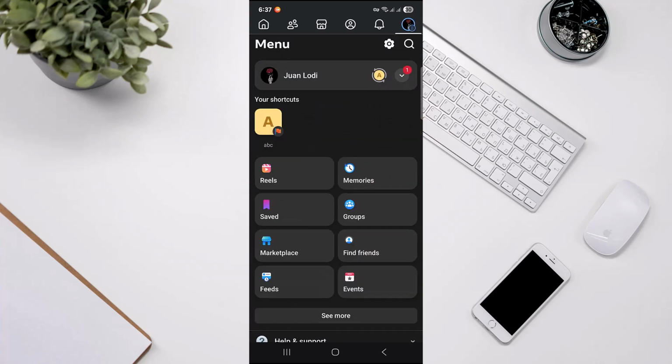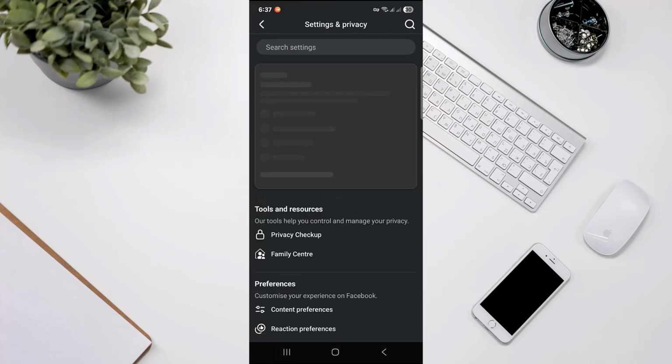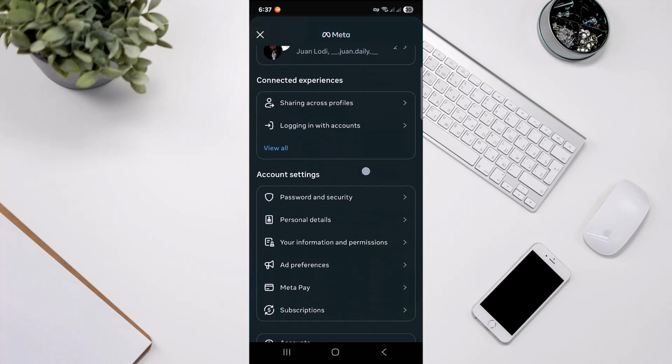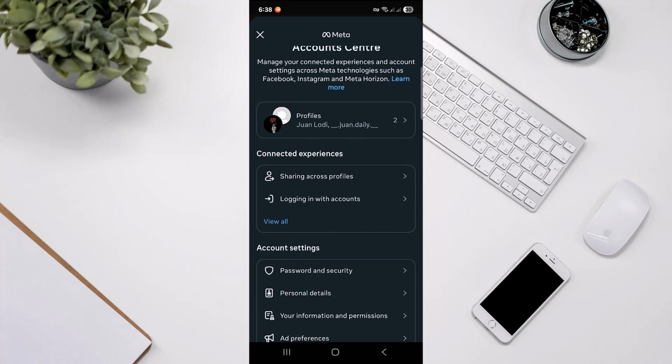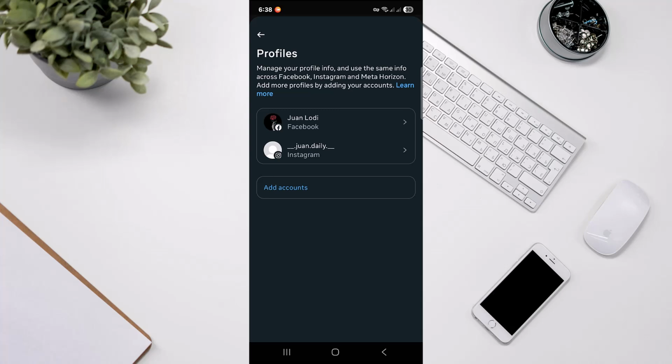Now head over to the gear icon on the top. Now here go to account center. Now scroll down and go to your information and permissions. You can find it in here, or if you can't, you can find it in profiles. Now head over to your Facebook profile,